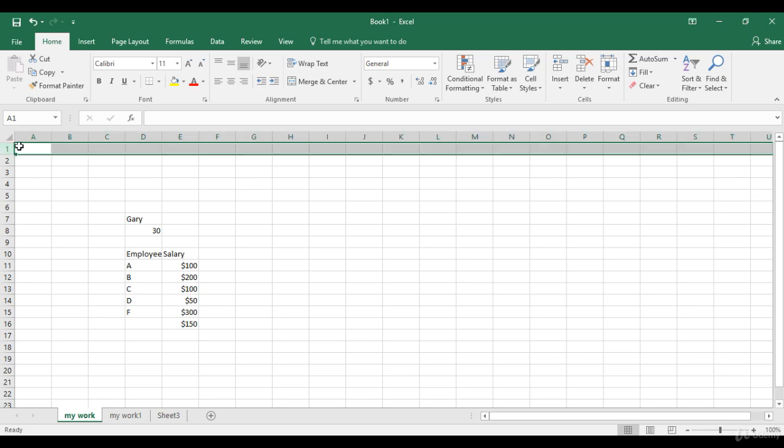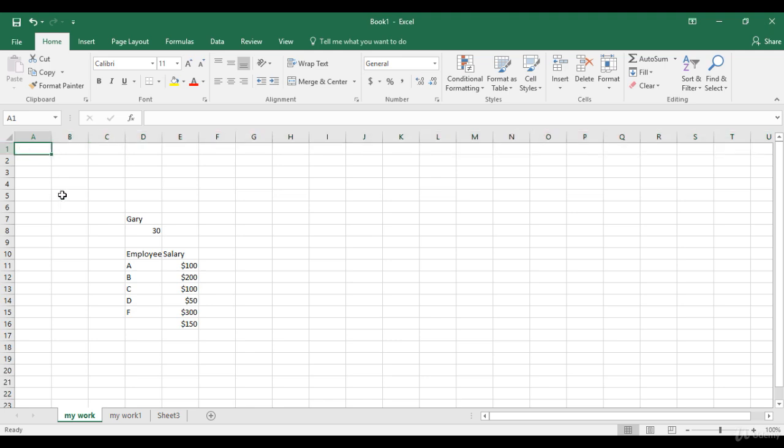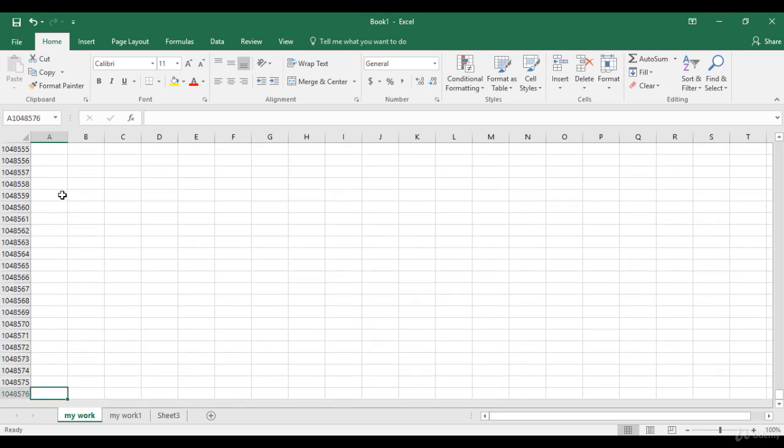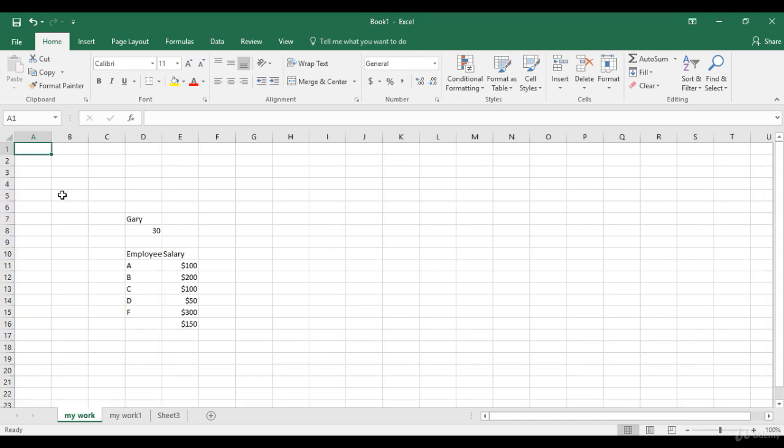All the rows are horizontal and they are sequentially ordered 1, 2, 3, 4, 5, 6. As I keep on scrolling down, the numbers keep on increasing, and if I go to the very end, this is slightly over 1 million. So basically, you can have almost 1 million observations in your Excel file, which is a lot of data. Now, apart from the three different types of values which we can enter in an Excel file, we can also have charts, graphs, we can also import pictures in an Excel file.